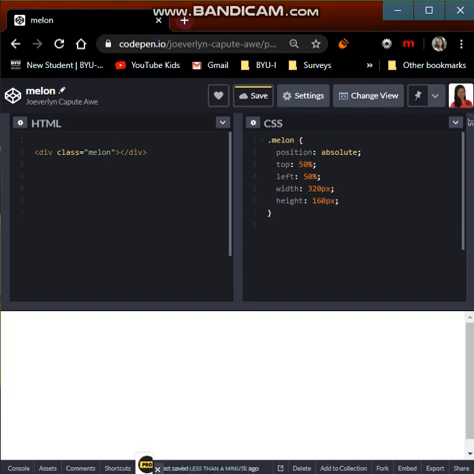Okay, now let's use some background property. Background. I choose the salmon color. Oops. To define the background effects,